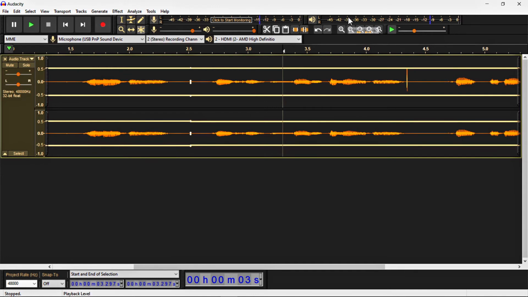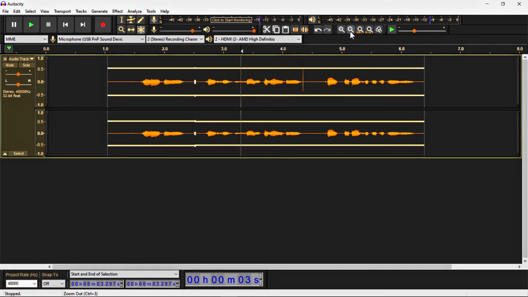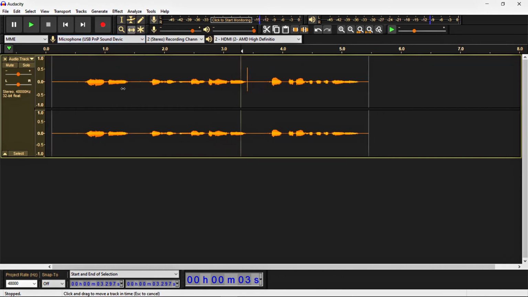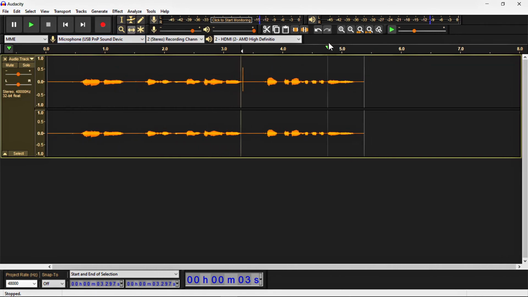And the second is output monitoring. Okay, now come to the next. And these are the zoom in and zoom out, all advanced tools you can use from here. Okay, and the next thing is